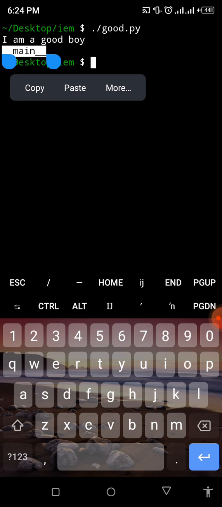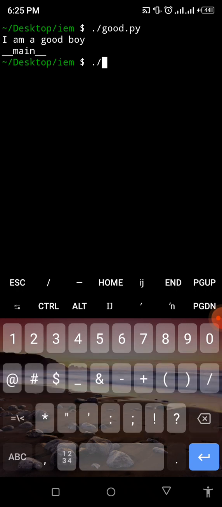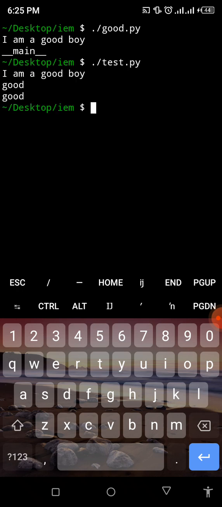But whenever we run ./test like this, you can see good is printed out. So one good is printed out and the other, and you notice that the good here becomes twice. So if, for instance, I go over to my test file,